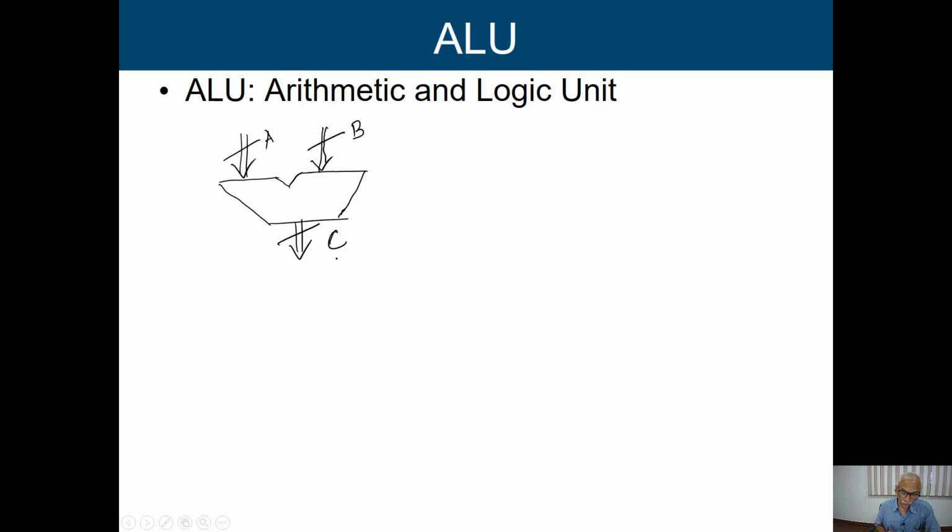Now, if I say that the input size is 8-bit, then we can give 8 bits of information through A, 8 bits of information through B, and we are going to get a result which may again be 8 bits. So basically if I am going to perform, say, C equals A plus B, then we give input in A, input in B, and after performing the operation we are going to have the output in C.